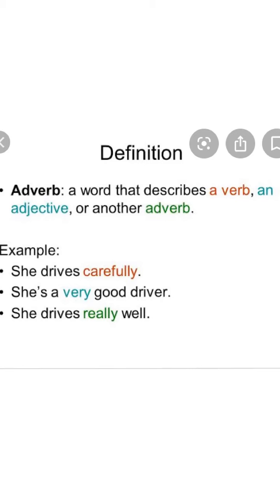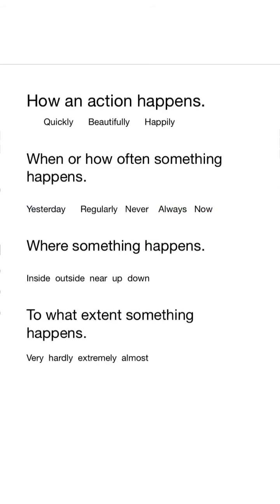Now, drives here, this word is an action, and the word carefully tells us about how the person is driving. So it is adding something to the meaning of the verb, how the person is driving. Adverbs answer the questions of how,